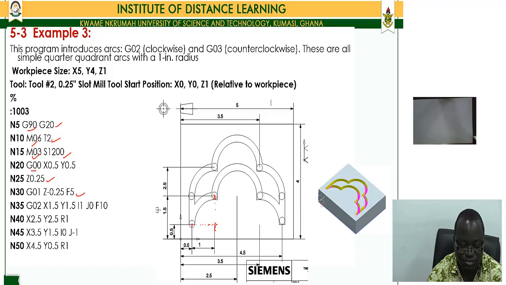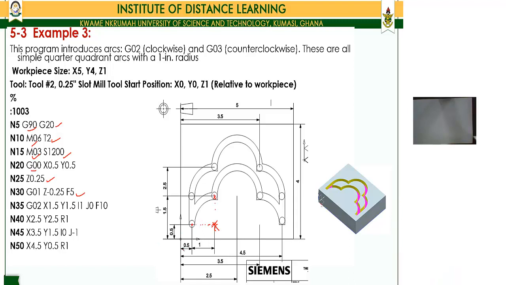Okay, this is X 1.5 and then Y 0.5. And here it's going to give you the start position. The X is still 1.5 up here. So if you take the center position and then the end position here, and you want to work out the radius,